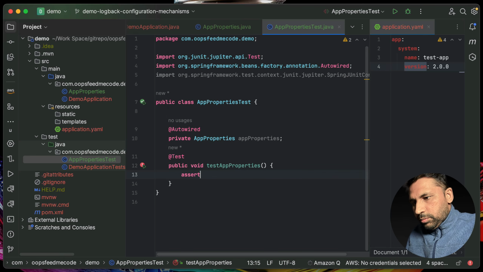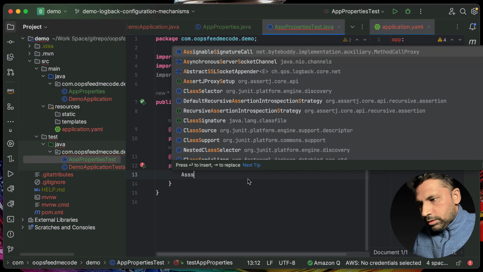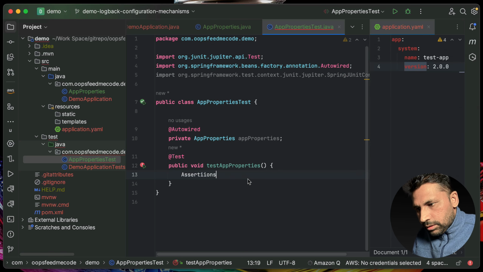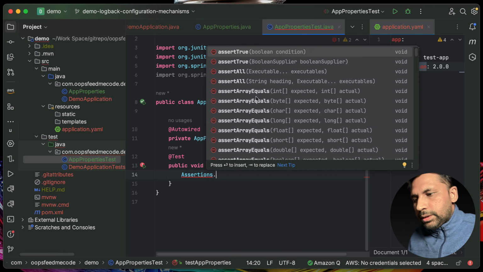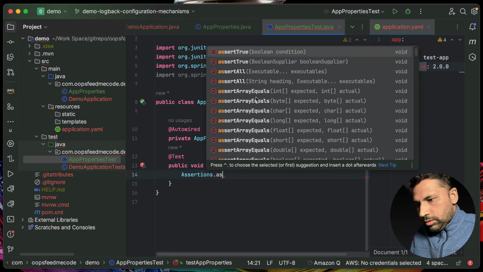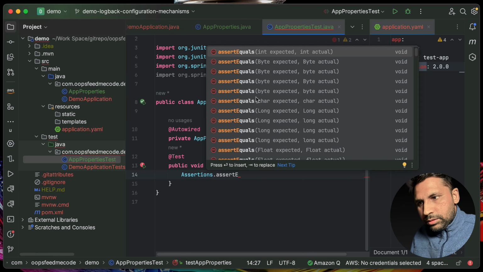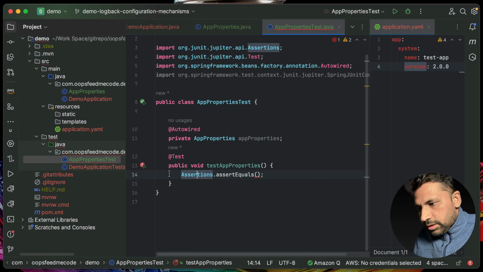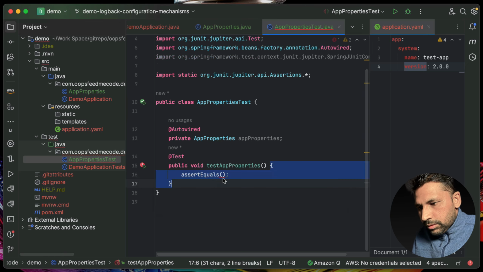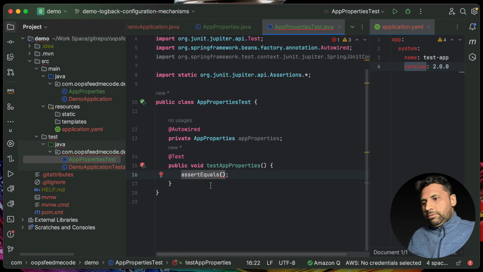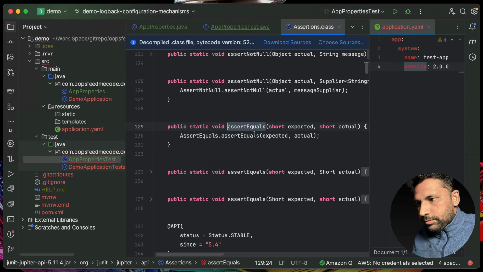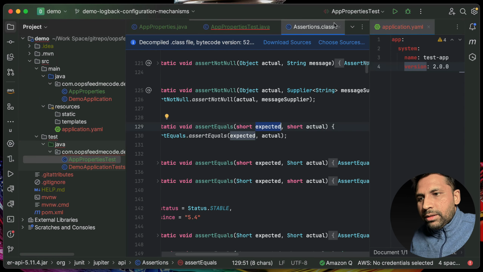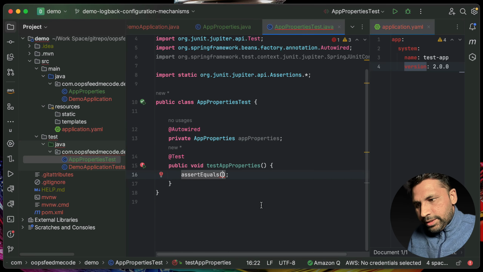Okay, so let's import assertions. And we just want to assert equals. Here, let's make it a static import. Okay, assert equals what? If you see the signature, it asks for two fields. First you need to give the expected and then the actual value. So what do we expect here? We expect it to be